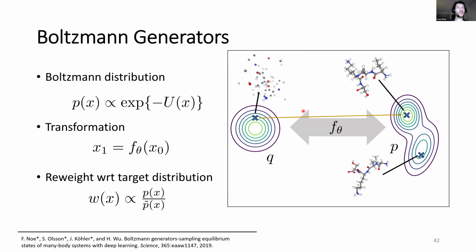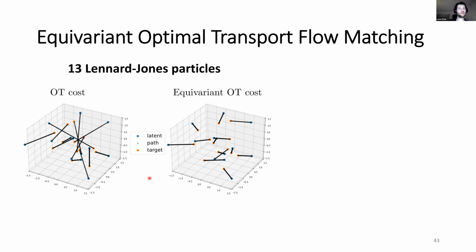Okay, as a quick reminder about Boltzmann generators, this equivariant normalizing flow and also this equivariant optimal transport flow matching training is then used to train a Boltzmann generator to generate samples for systems, and then this allows us to perform this reweighting in the end. And the first system I want to have a look at is a Lennard-Jones system of identical particles, in